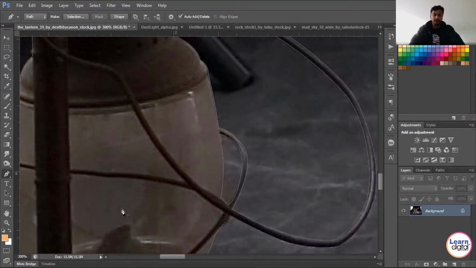Now you can see here also the lamp is selected, and the character I have selected already.